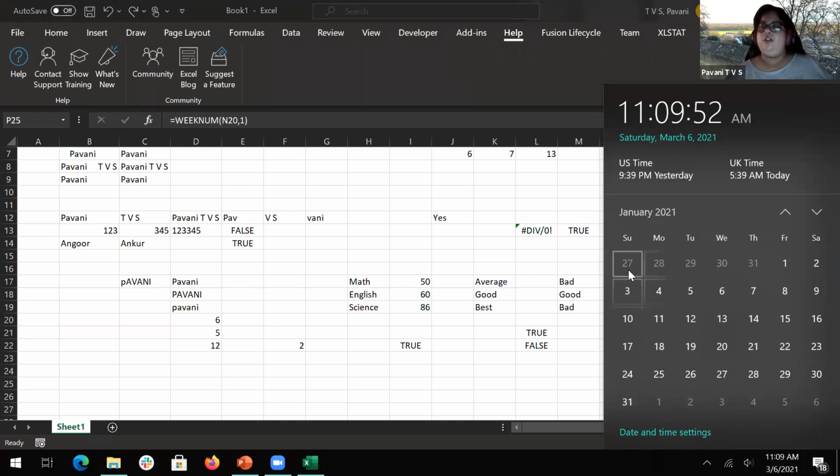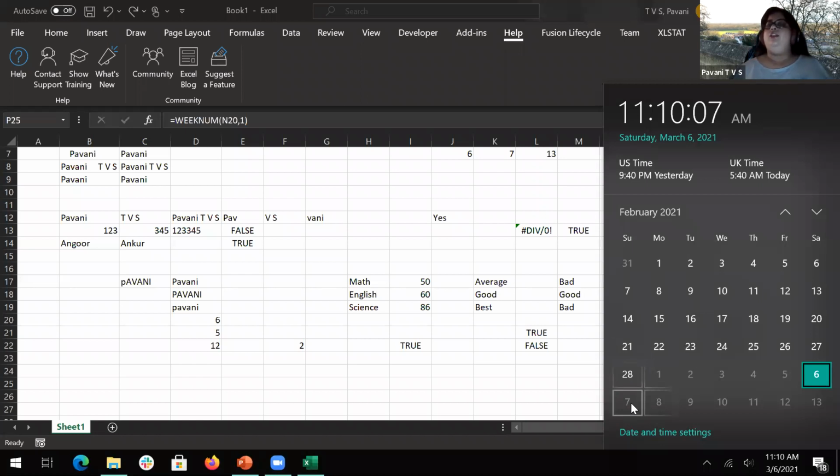Sunday is the day where I start, then it is 1, 2, 3, 4, 5, 6, 7, 8, 9. And this is 10. So I'm going to be in the 10th week.